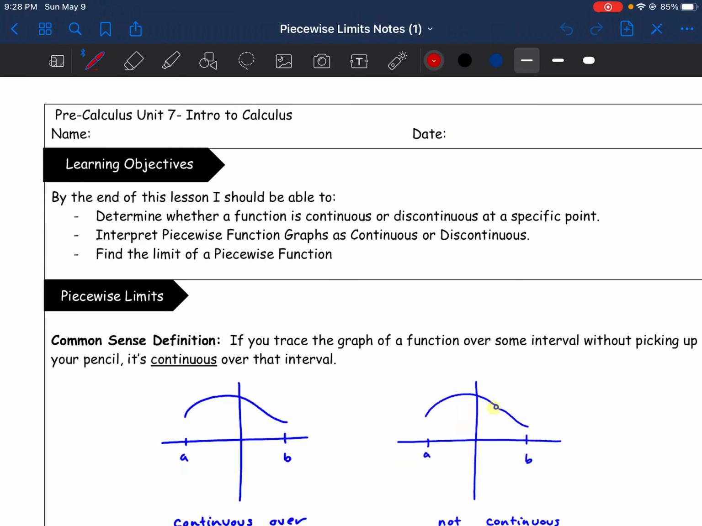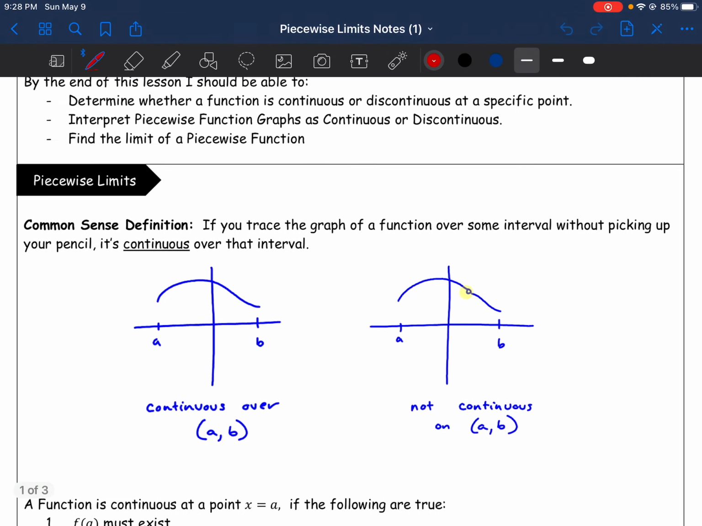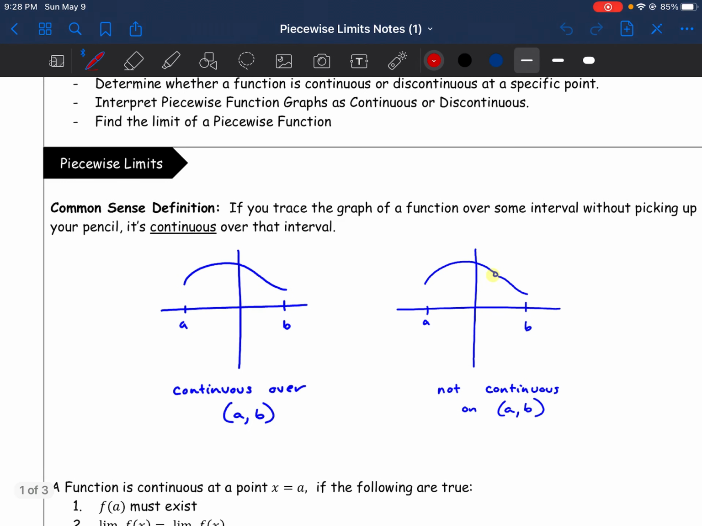In today's video, we're going to talk about the basics of continuity through piecewise functions. Alright, let's go ahead and get started. So, this lesson is about piecewise functions and taking limits of piecewise functions, and the main theme of it is